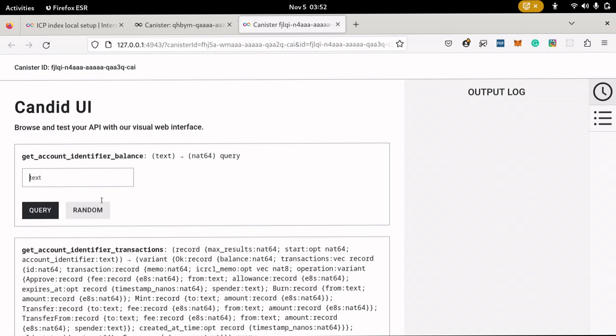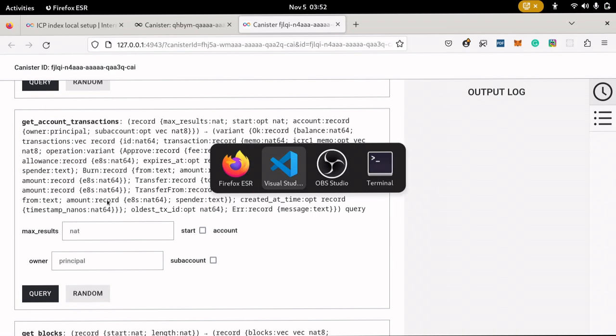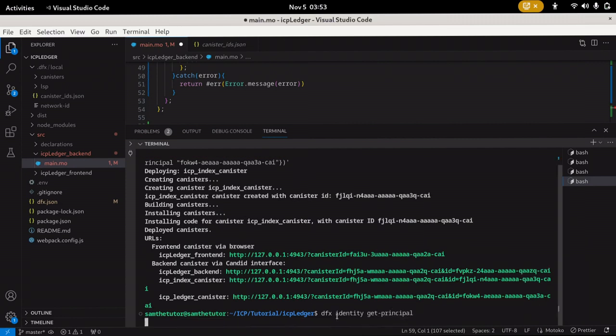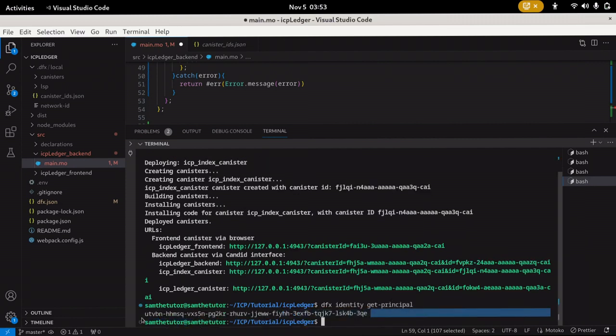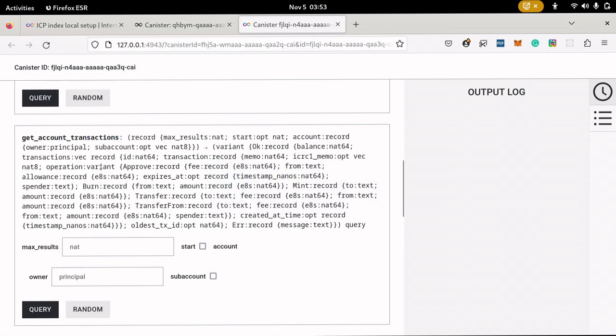And so if we want to get the transaction history of that specific transaction, we can just come here, get the principal ID of that identity, copy it here, go back to the browser, then I should be able to use this function to get those